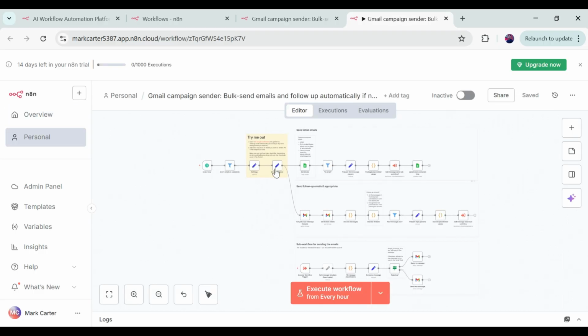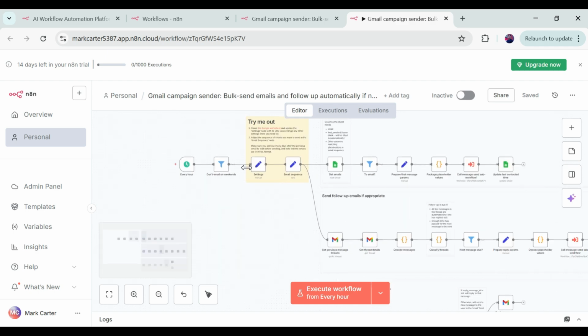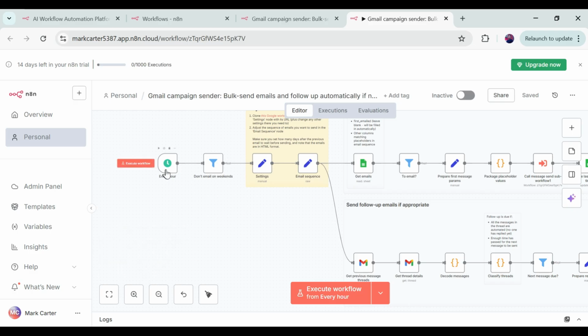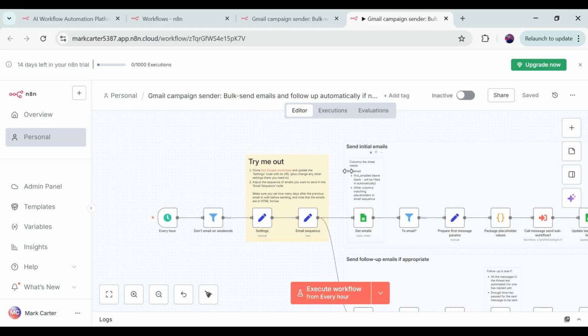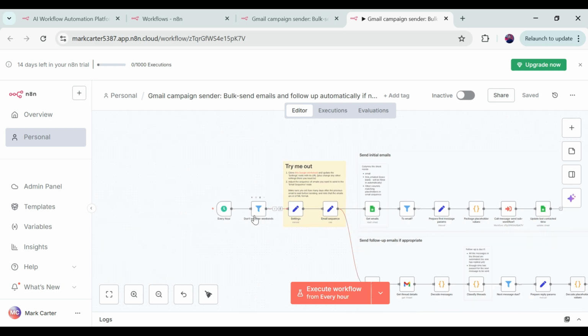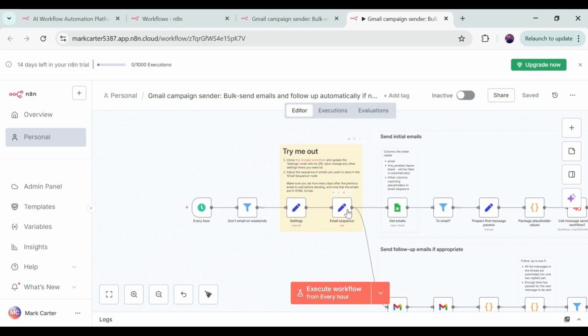So in this section, this is a template which is already pre-made. You can just customize it according to your own choice. Like, see, you can make this kind of changes. You can read all these things. You just need to connect your Gmail account. As you have seen, we have already connected our Gmail, as well as Google Sheets. Now it can easily send emails directly from Gmail, and it will keep on tracking all the emails, make a separate sheet, and also send follow-up emails. After this, you set up all these details in these sections, okay, like you can do this manual setting, email sequence.